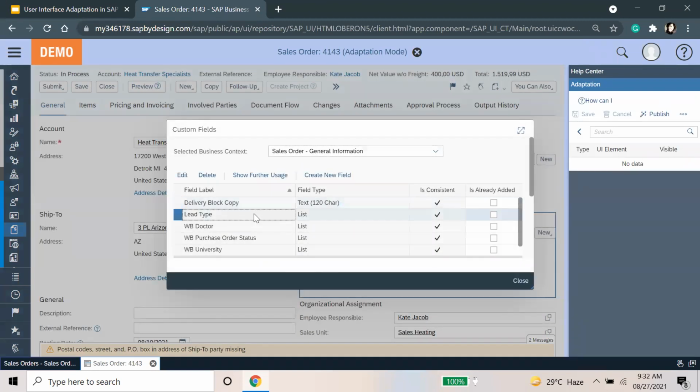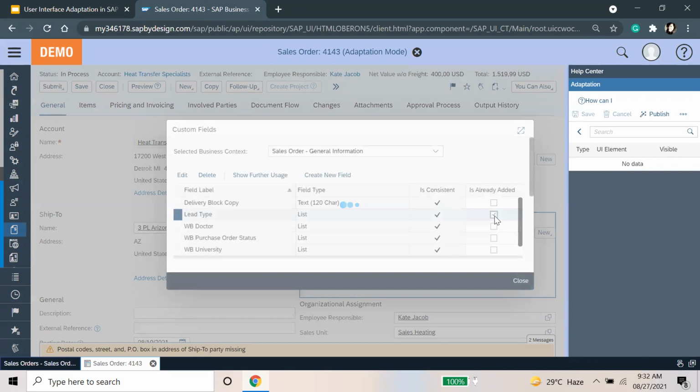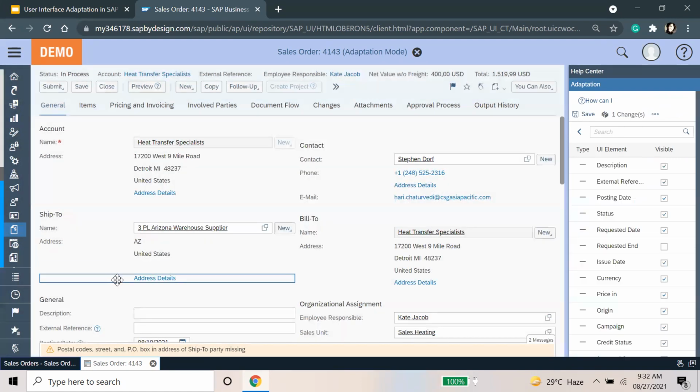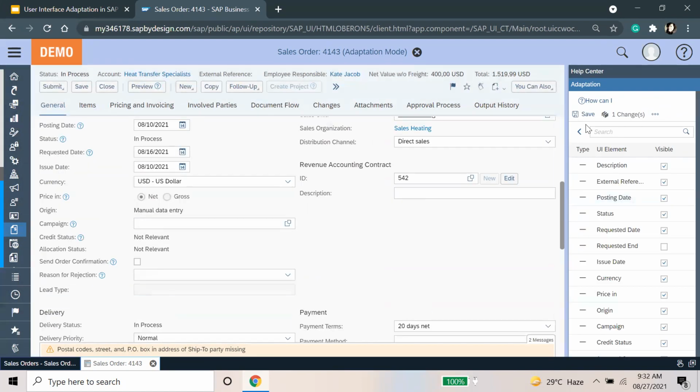Okay, so we did not do anything on the sales order screen, but it has been extended from the sales code. That's why it's coming as lead type. If I add it here, then it will start showing me here on the screen of the general information. Yes, it is here.